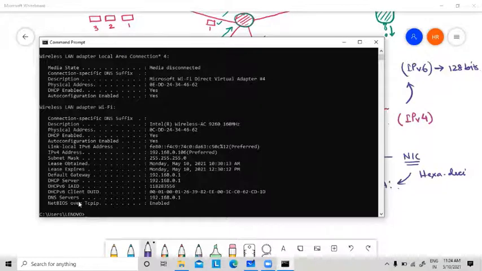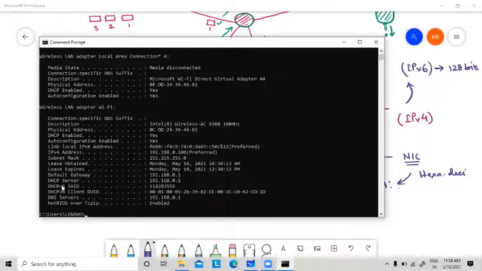Now there are other very important addresses also, like the default gateway. This is very interesting and very important: 192.168.0.1 is the default gateway. Then another interesting thing is the subnet mask: 255.255.255.0.